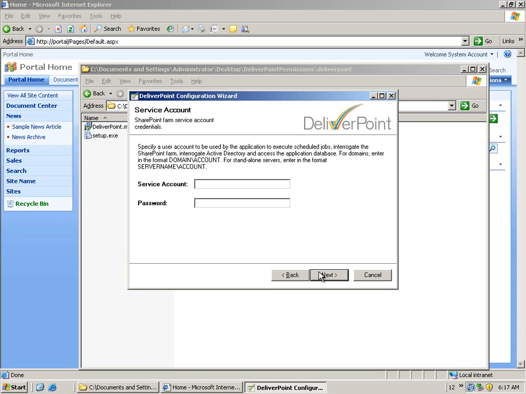choose Next, and we need to enter the service account and the password that we wish DeliverPoint to run with. Now this is very important because we need to make sure that whichever account we choose, that account requires permissions to crawl the Active Directory, and when I say the Active Directory, I mean all of the domains that you wish to crawl. And if you do have multiple domains, you need to ensure that there's a trust set up for that account inside all of the Active Directory domains. We enter the password, make sure they're correct, of course,